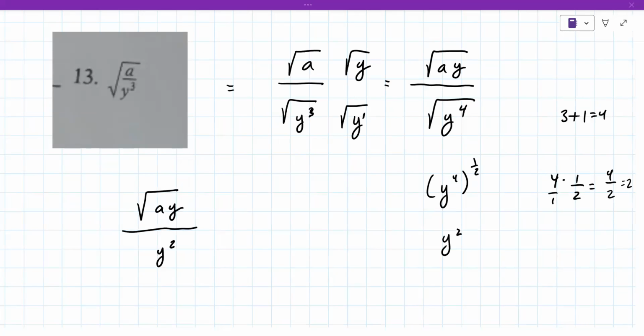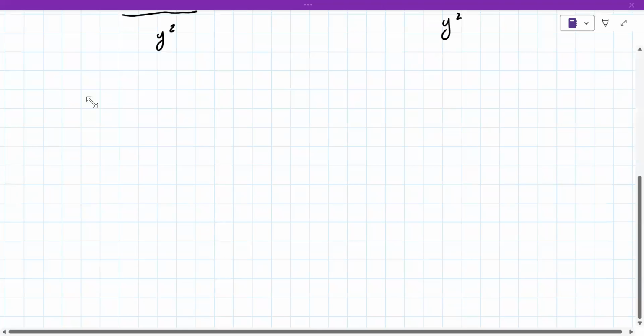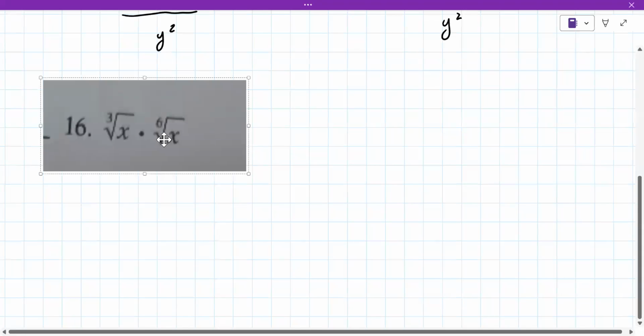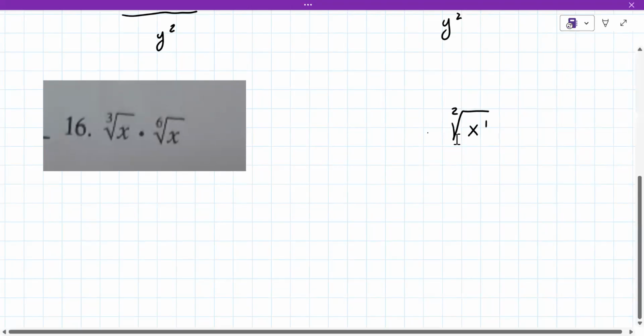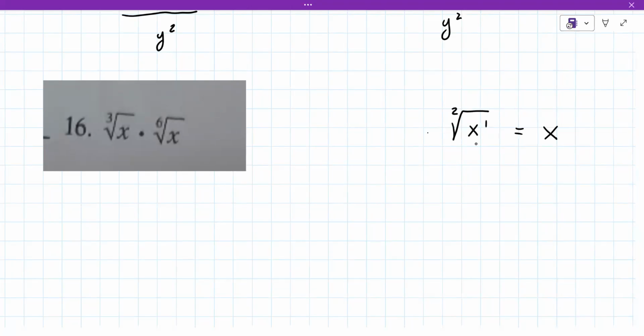So we'd love to do another one like that. Actually, we kind of will. We're gonna do 16 next. The reason is that it's most similar to this. So I kind of alluded to this. When it's the square root of x, there's really a 1 there and a 2 there. The index is 2. The radicand has a power 1 in there, and this becomes x to the 1/2 power,